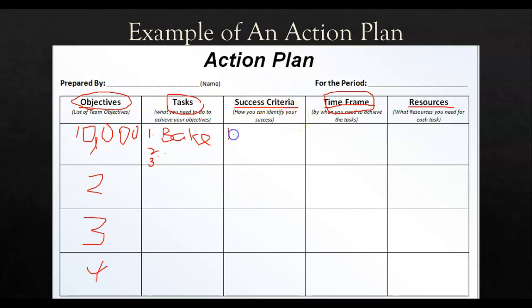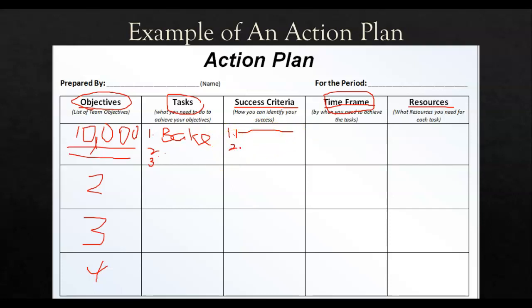Number one, how will you know that these objectives are achieved? Maybe number one, you have talked to 1,000 shops already.